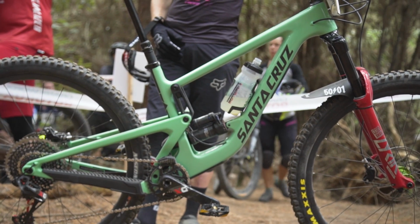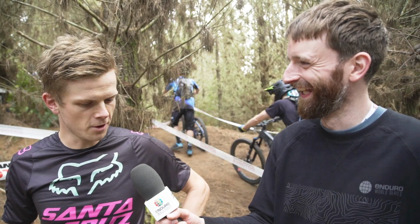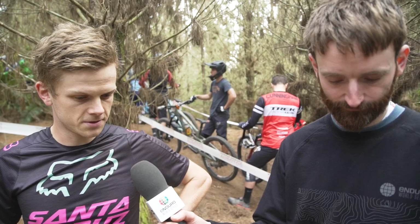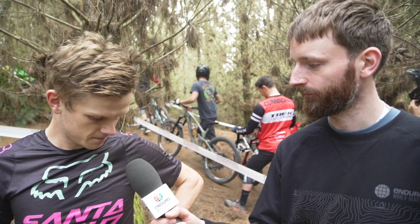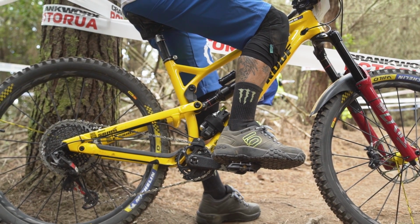Yes, 160mm 29er monster. But they kind of know what they're doing over there, and I'm not really the most technical-minded guy. Fresh from the ground up, you know. So this is all performance-based speed machine. Something a bit different, something back to the roots of Nukeproof with their yellow, so yeah, I'm liking it. Really everything's pretty much the same as last year, a couple new suspension settings and changes, but